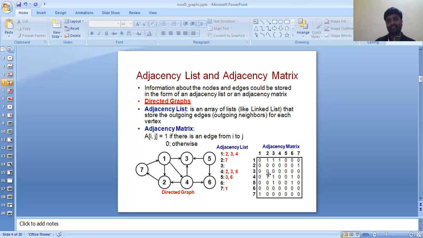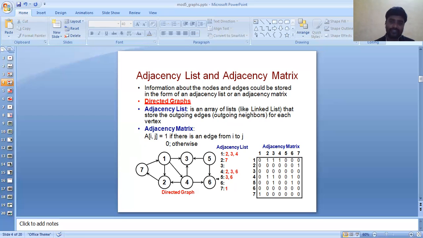The seventh is connected with the one value. At the same time, here also the adjacency matrix is represented with zeros and ones according to how many nodes are directly connected. So 1 to 1 is a 0 value, and 2 to 1, see here, the representation is there, and 3 to 1 also, and 4 also has a directed connection. The fifth has no connection, and the sixth also has no connection. Like this way we have to count the edges and nodes up to 7 values.